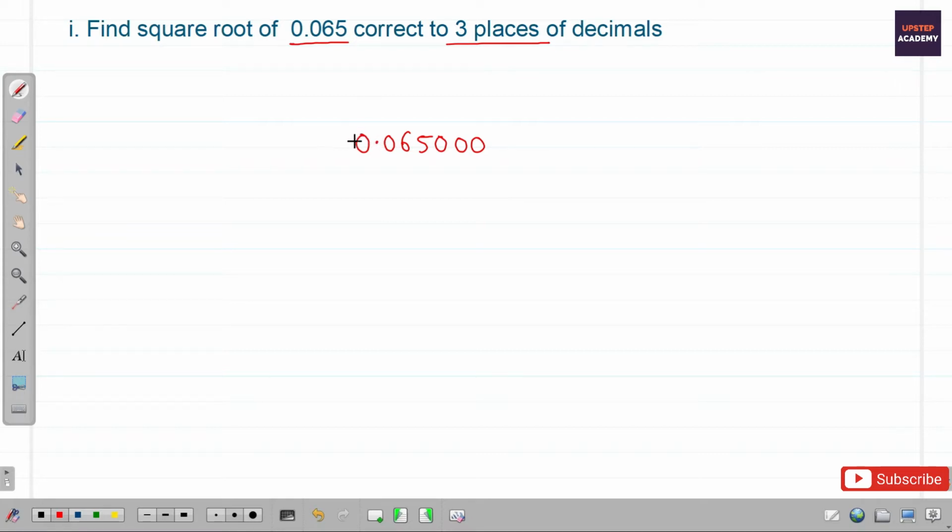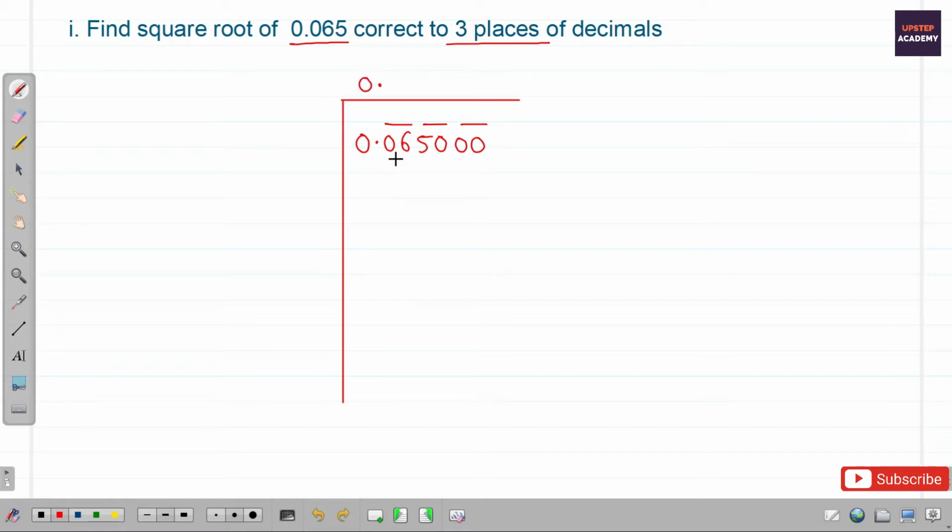On the left hand side there is no point in making groups because 0 is present, and on the right hand side we'll go from left to right. So 06 will be the first group, this 50 will be another group, and this 00 will be another group. We can take a few more zeros, there is no problem, but if we need them, we'll take them later. Let us put two lines together. Here we will start with our first group, that is 06, but before that we must write this 0 because we are just crossing the decimal point, and before that 10 will come.